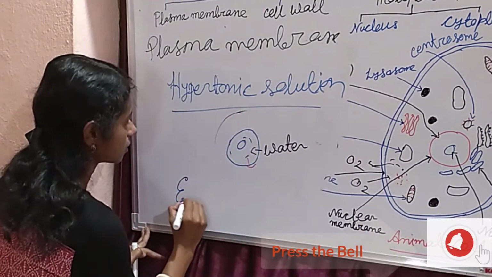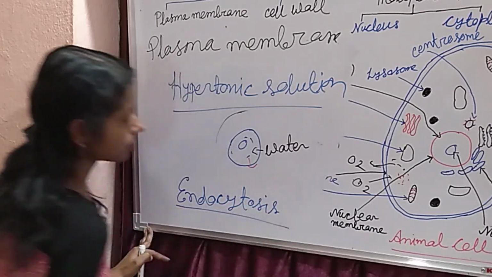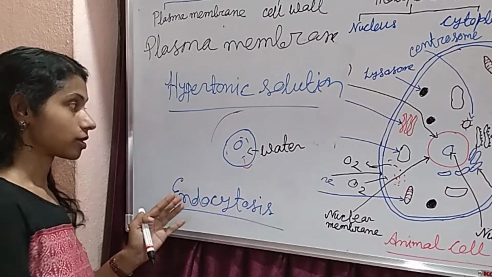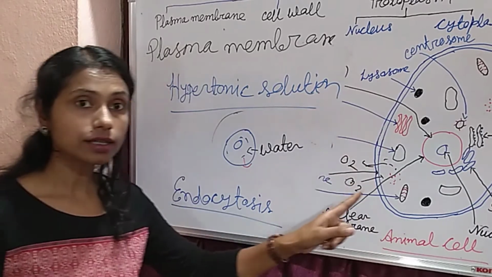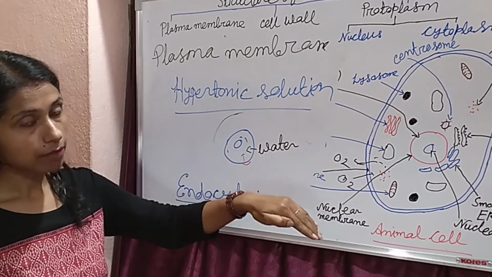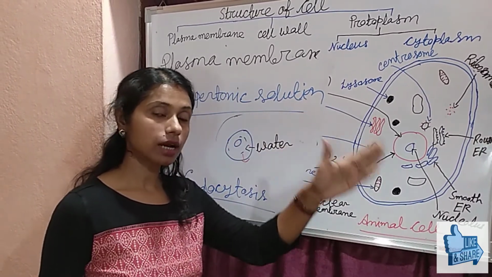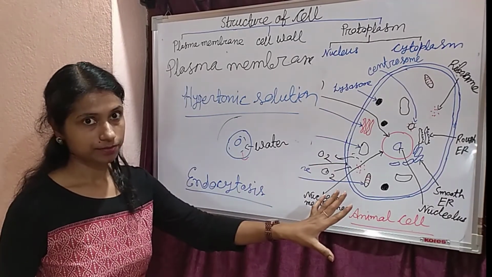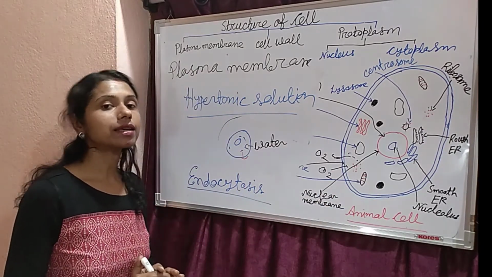Okay. Endocytosis. Endocytosis is a process. It means engulfing food or other materials. This is called the endocytosis process of the plasma membrane. So the plasma membrane is a very important part of the cell. It is the boundary wall of the cell. It works as a selectively permeable membrane, and whatever passes through, gases like oxygen or carbon dioxide, or water, has to pass through this selectively permeable membrane, or plasma membrane, or cell membrane. So the plasma membrane plays a very important part here.